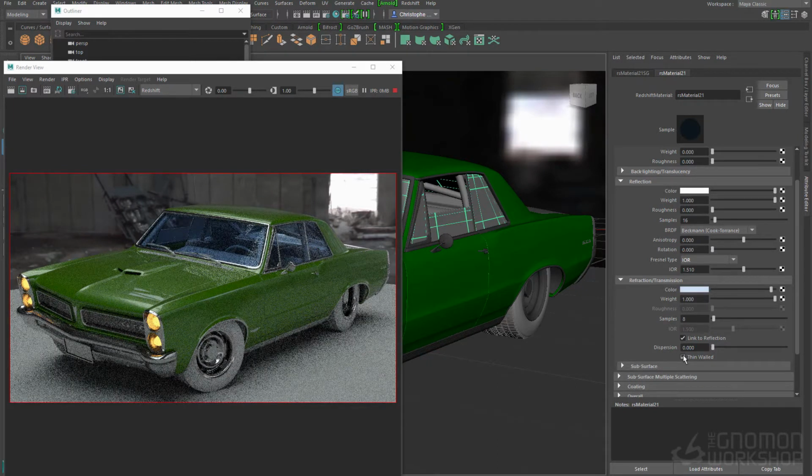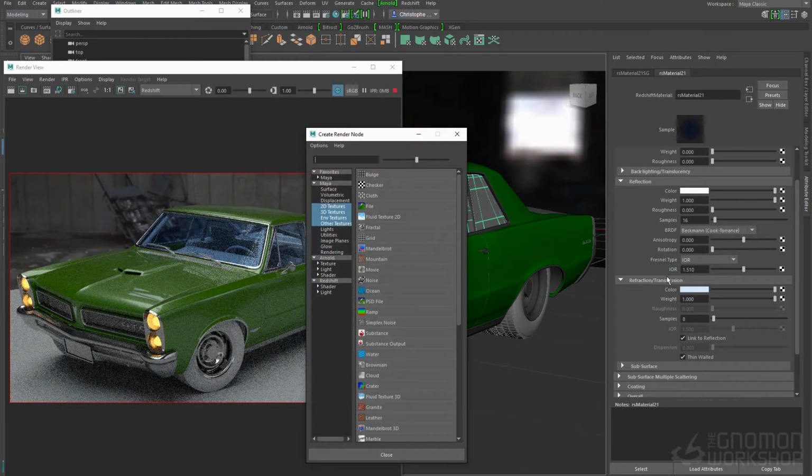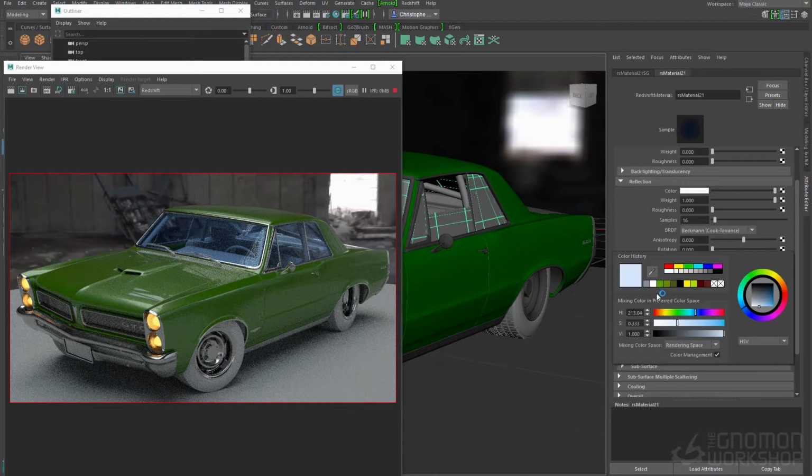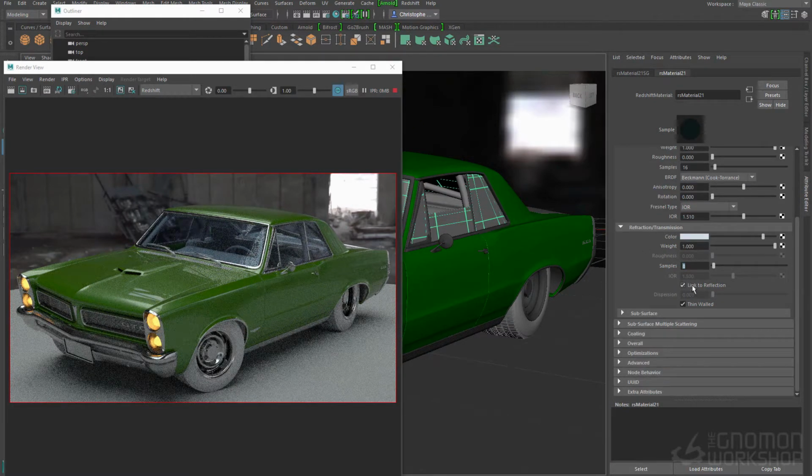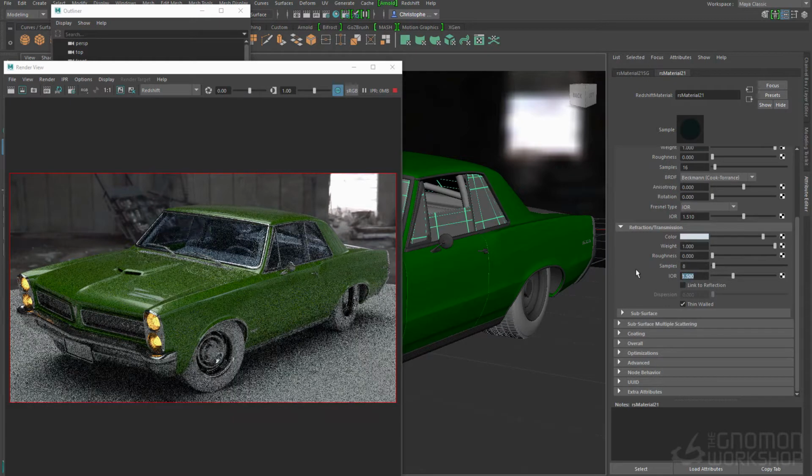Here we can do a thin wall, and let's see what we do. We have not enough color here. Actually, let's do that. Make this one more like here. This is now already more interesting. We will give it an index of refraction of 1.1, and what about